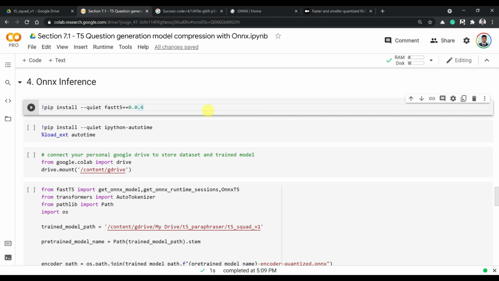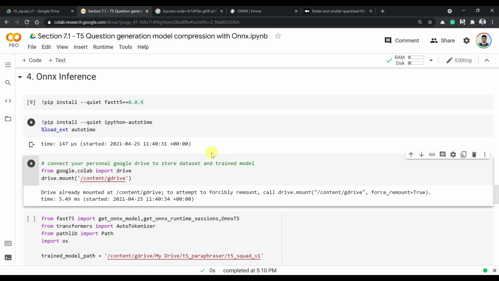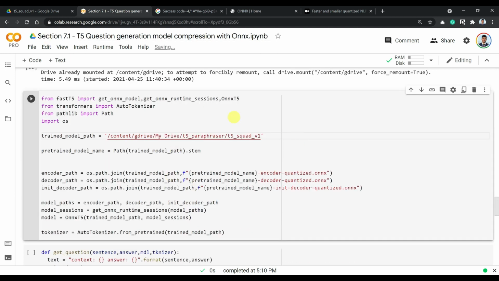Now comes the interesting part where we are going to run the same Gradio app with our ONNX quantized inference, and we'll see the speedup that we gained. Run the necessary cells. I've added redundancy here because in the future you can just come and run only the fourth section as well without needing to run any of the previous sections. Now this is the main part.